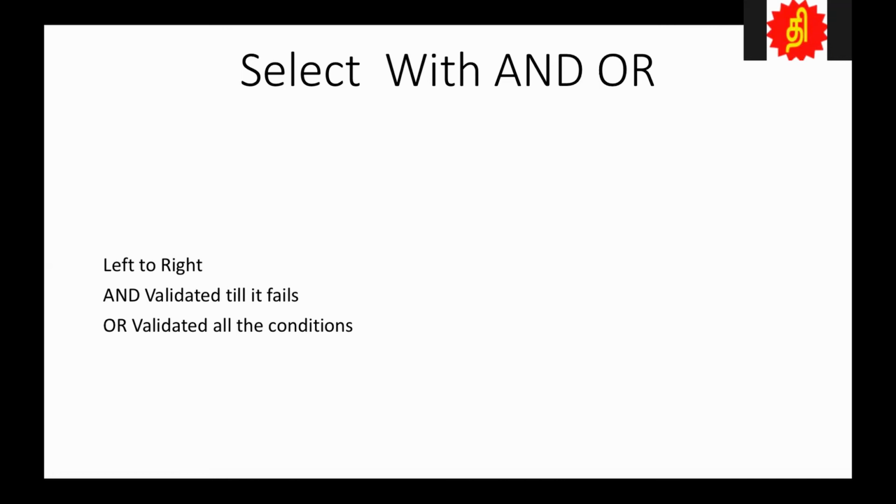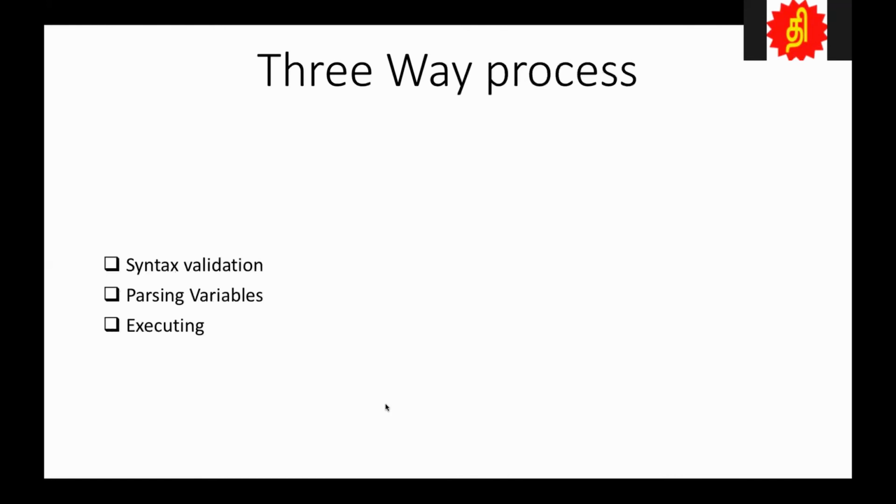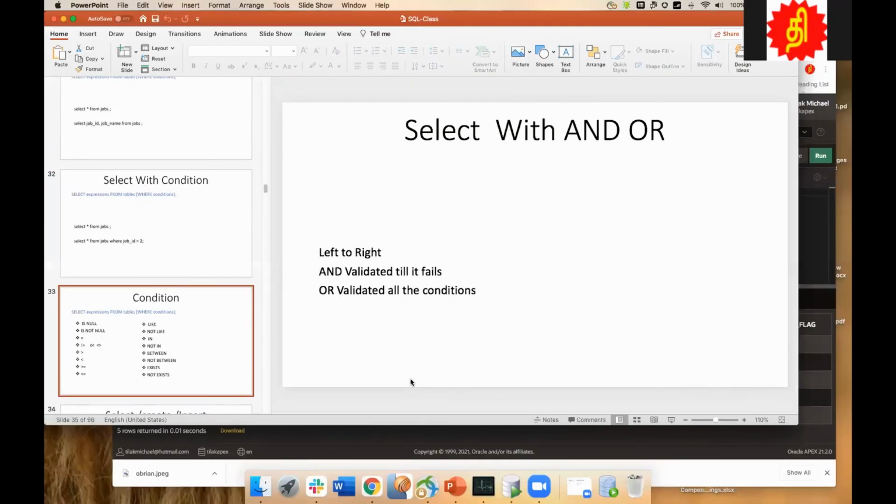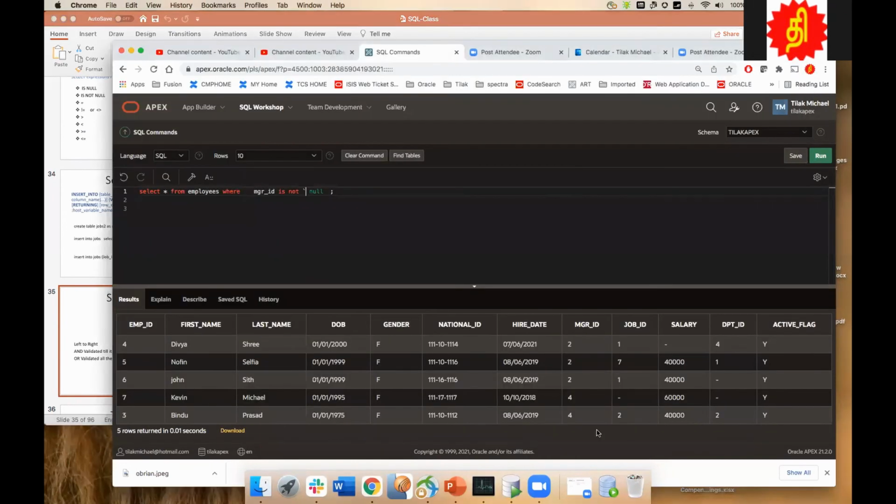For the OR condition, even if one condition is true, the result is true. So the first time we find a true, it comes out as true. That is how it works. I'll show that and then come back to it. The AND condition is okay. Just listen to that.